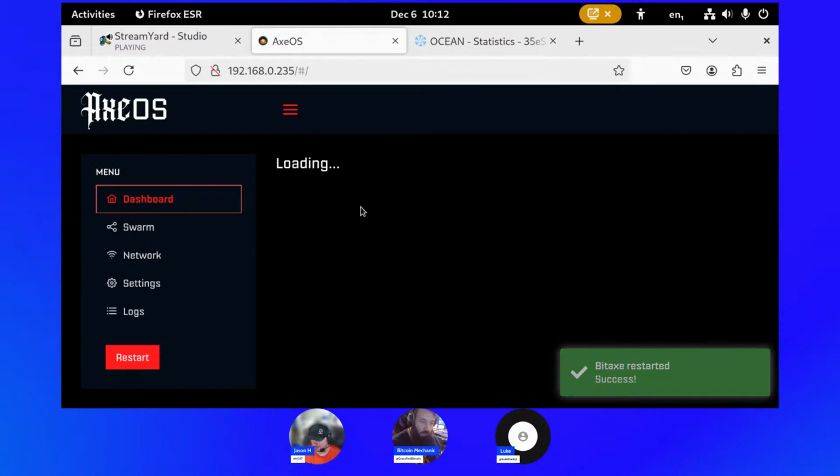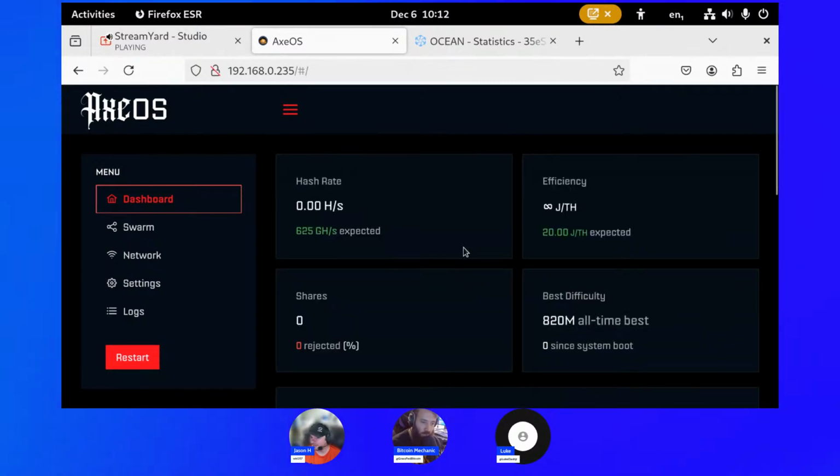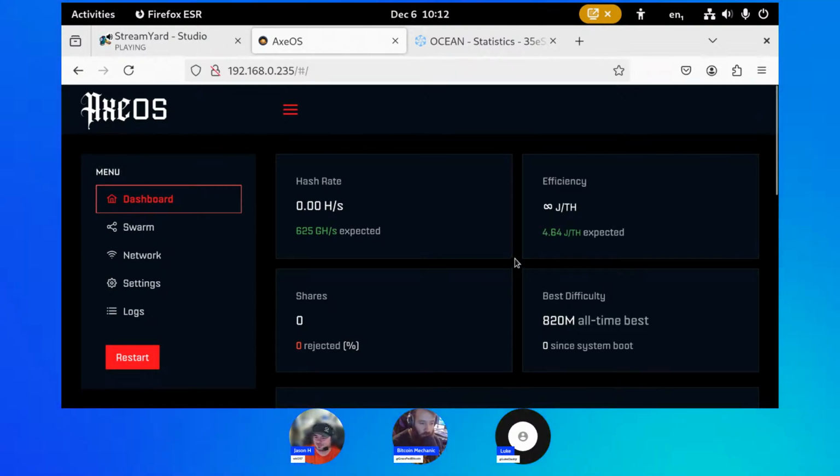Well, AxeOS is kind of nice. If you put in Ocean, does it work for DATUM or just Ocean? It can't know DATUM because that's just a random IP, really. All right, so now we wait for the